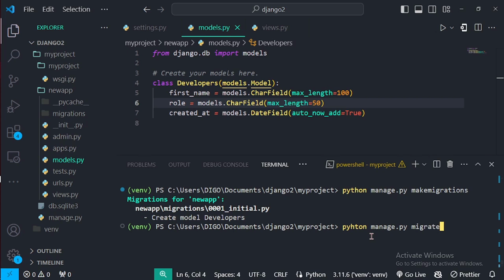This is the command that applies the migrations to our database, so it synchronizes our database schema with the correct set of models that we have. So whatever is here is going to be in our database. So we click on enter,